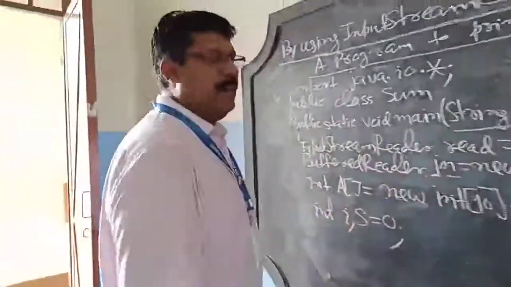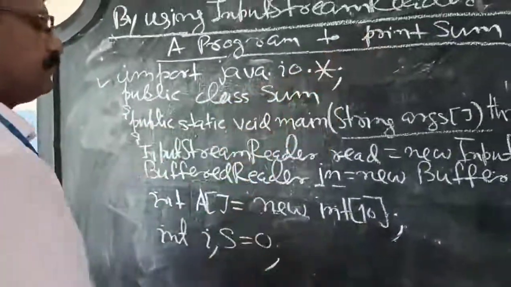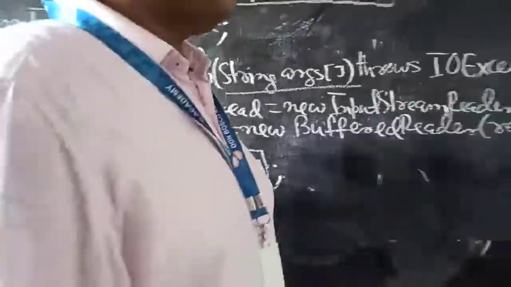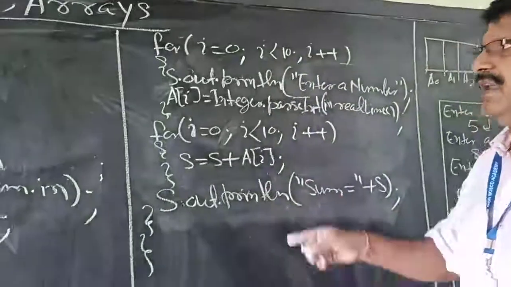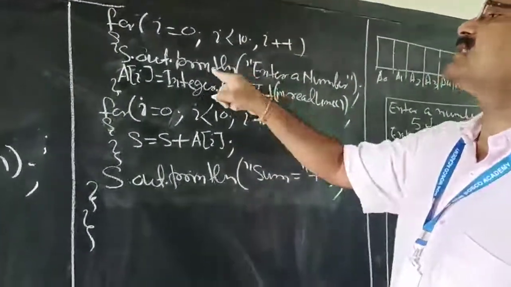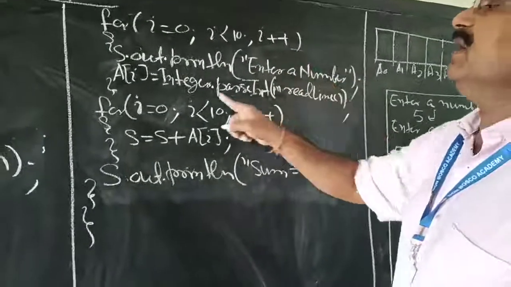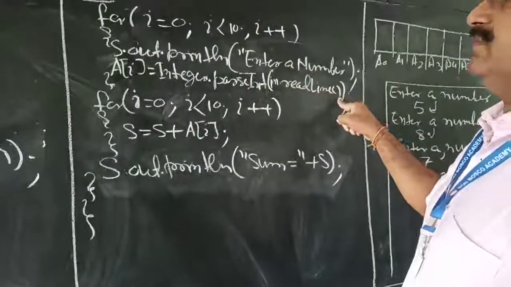Now, int i as the index variable and s for sum equal to 0 to find the sum. Now we are going to input the numbers in the array. for(i = 0; i < 10; i++), System.out.println("Enter a number"); A[i] = Integer.parseInt(in.readLine());